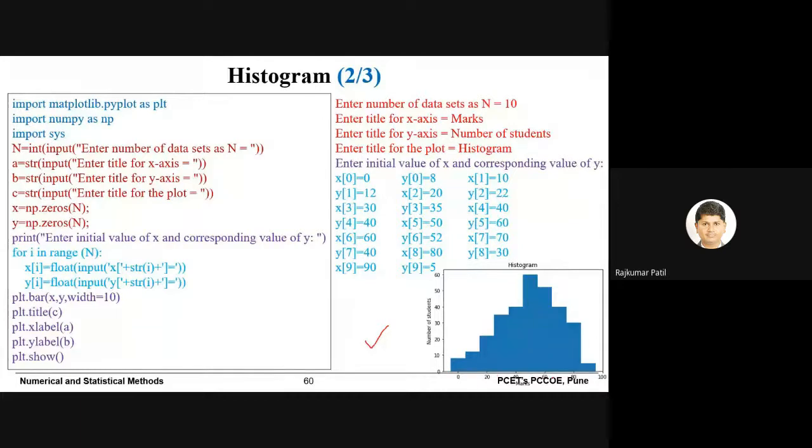appear on your screen. So you can see here the x-axis title is marks, the y-axis title is number of students, the width is defined 0, 10, 20, 30, 40. The y-axis scale is also defined 0, 10, 20, 30, 40, and so on. And for each class, you can see a box appearing on your screen. As we have given the same color to all the boxes, it will show you as an area.